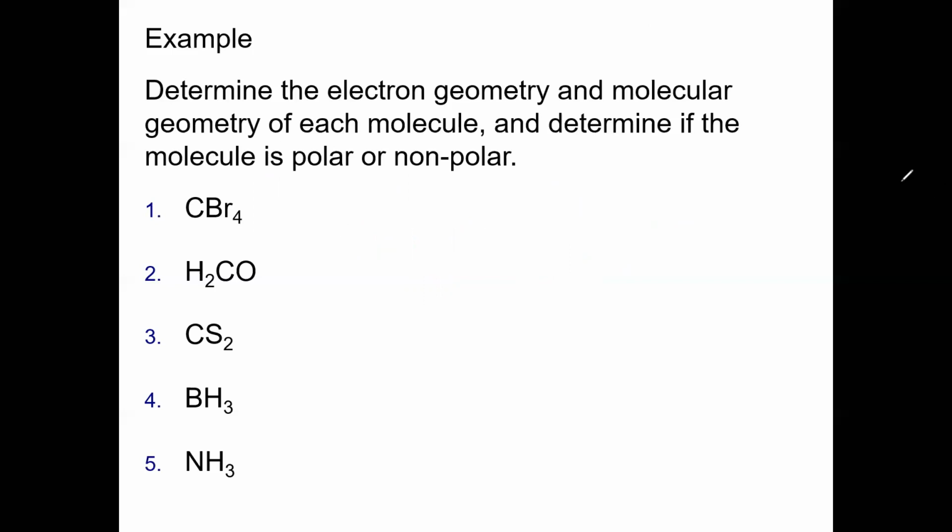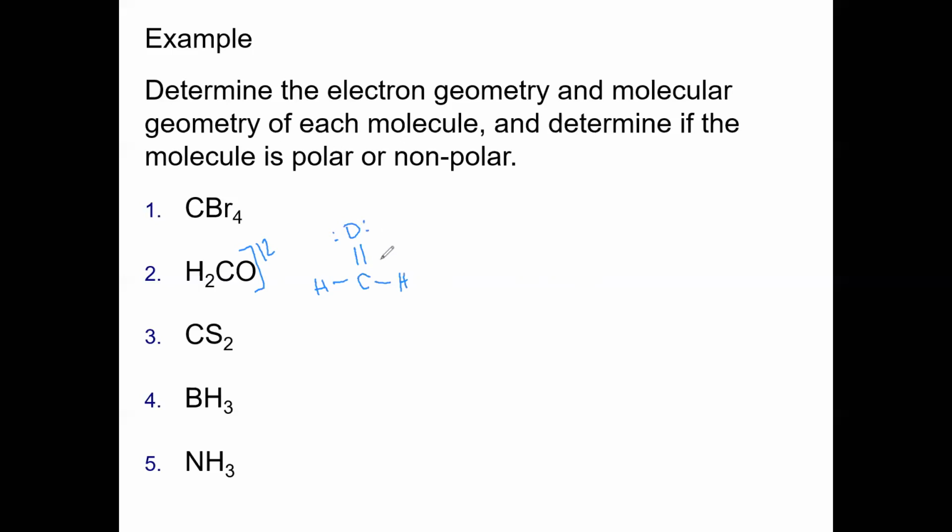Now let's look at number 2. First thing we want to do is draw out the electron domain geometry. Carbon, in this case, has to be our central atom. To oxygen, single bond, and we have to do this with more practice of just knowing how to draw our Lewis dot structures. We saw here that we have 12 valence electrons. We have to have 2, 4 drawn on a terminal atom, and we have a total of 12